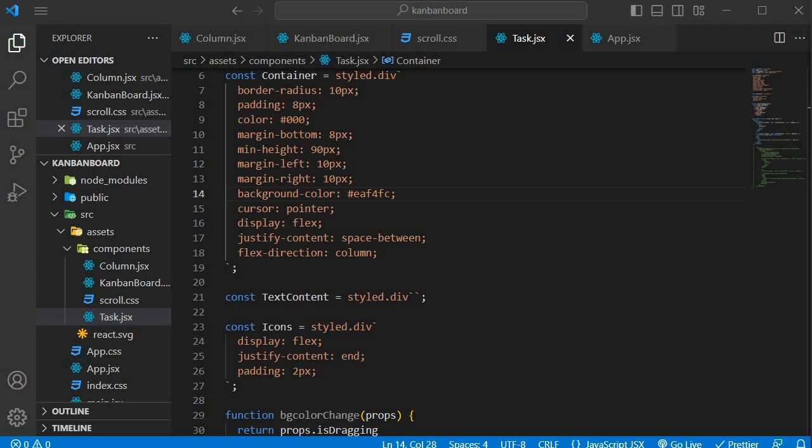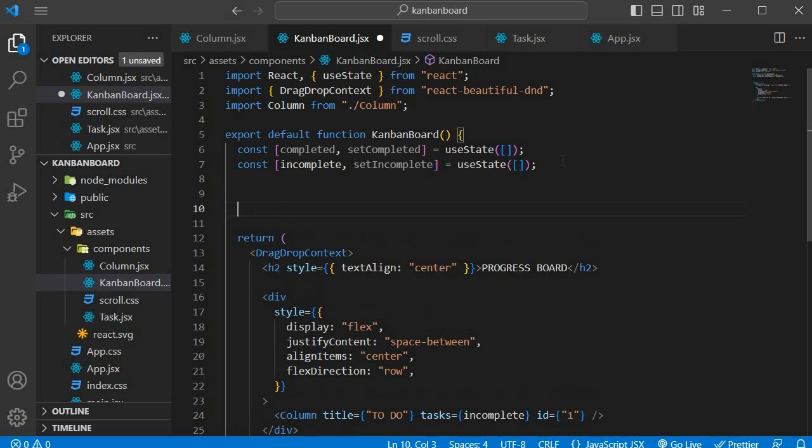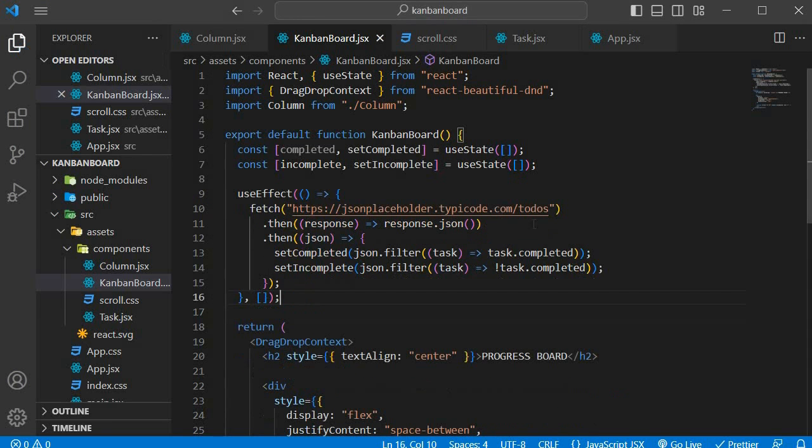So what I'm going to do is create a useEffect hook in my Kanban board, and fill the completed and not completed states with those items from JSON placeholder, like this. You can see that I'm using those items from JSON placeholder in order to set my states as such. And now the other thing that we need, the final nail in the coffin, is